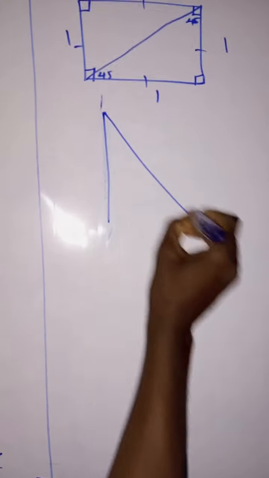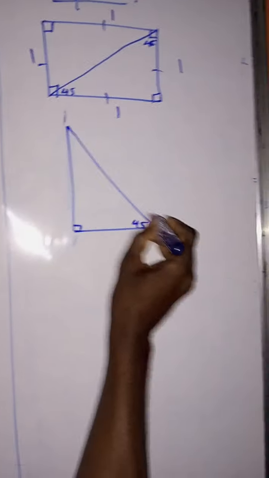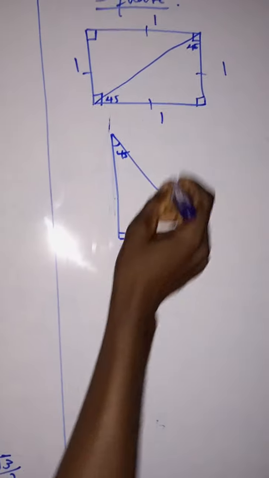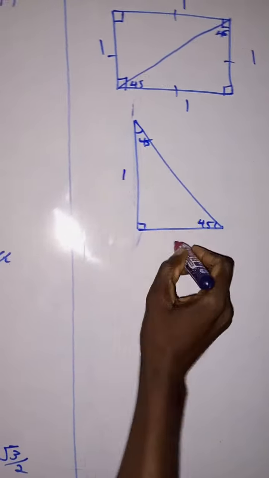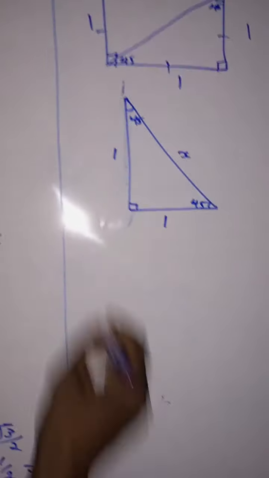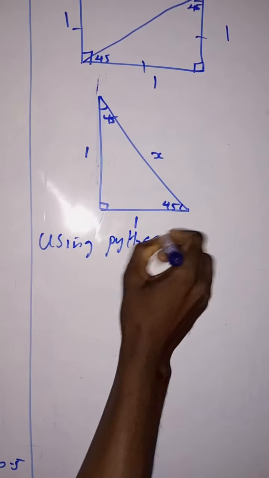So let me draw it rightly. So it's going to be in this form. Now it's going to be in this form. So here is 45. This place is also 45. So we have this side, these two sides will be 1, 1. But this diagonal, we don't know it. So we'll still use Pythagoras